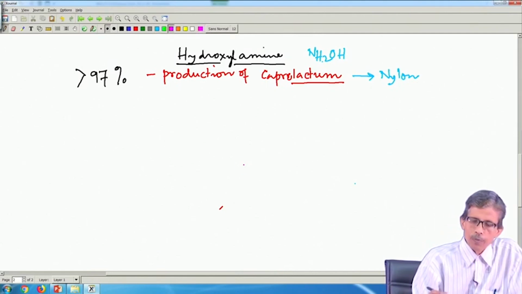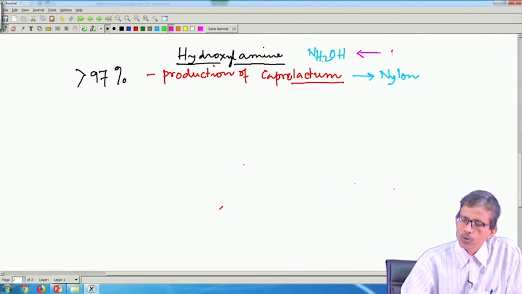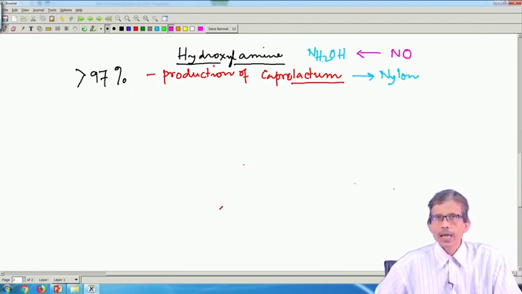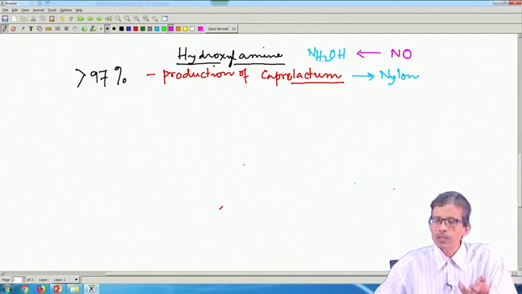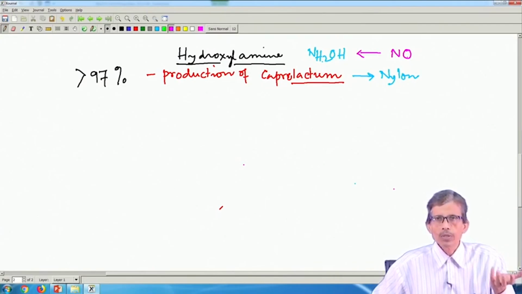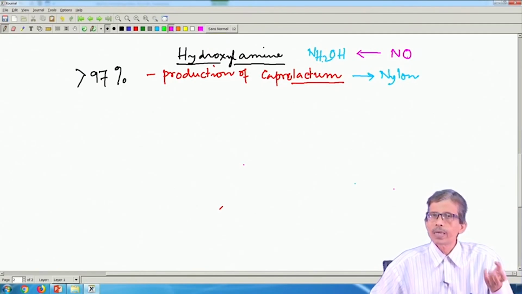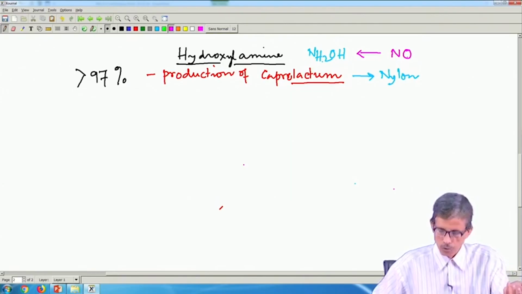So, we can have different processes. Just now in a previous case we have seen that we can use NO for hydrogenation and the production of hydroxylamine. How do you get NO? Because NO is not a typical compound which we get from the atmosphere. The only nitrogen-based compound we can get is the dinitrogen molecule, N2. And we have seen that during the production of ammonia, by hydrogenation reaction, we get plenty of ammonia in our hand, also for making urea.